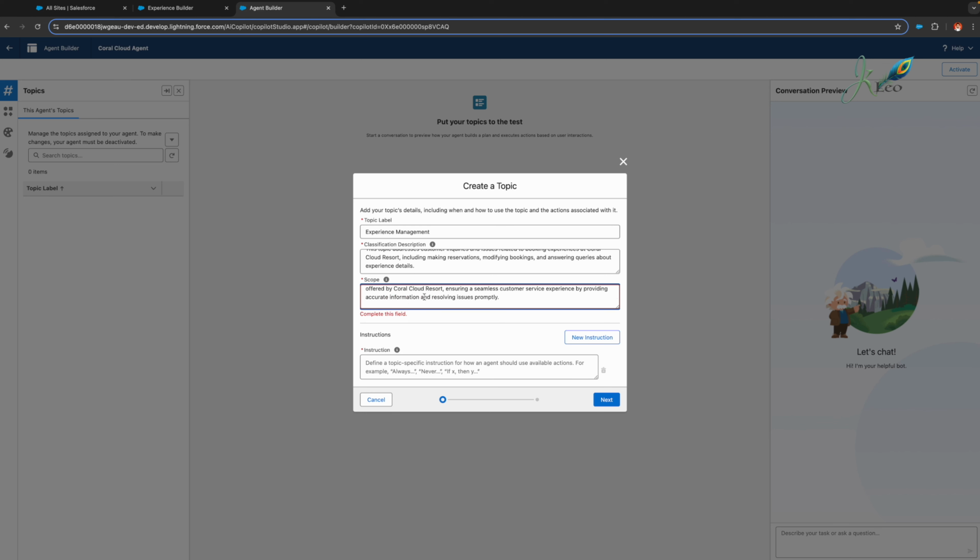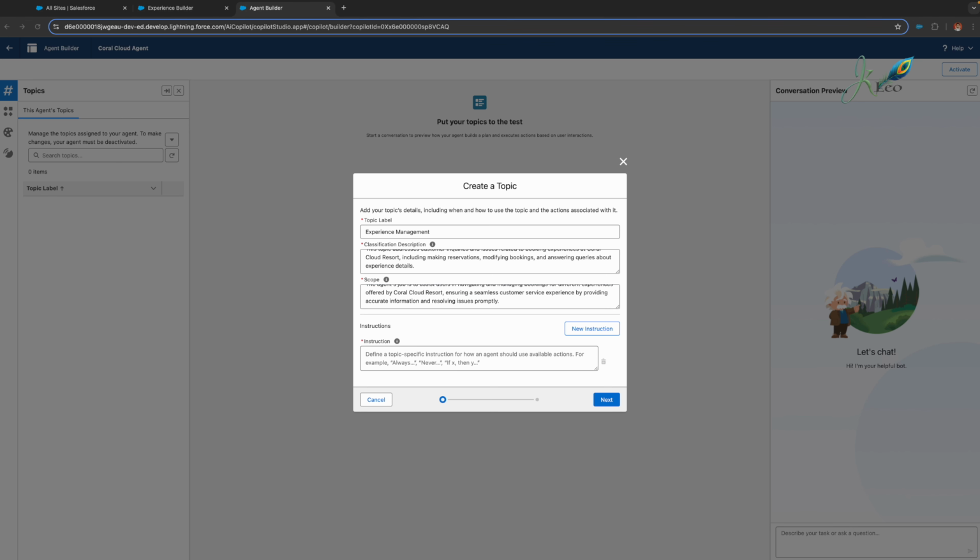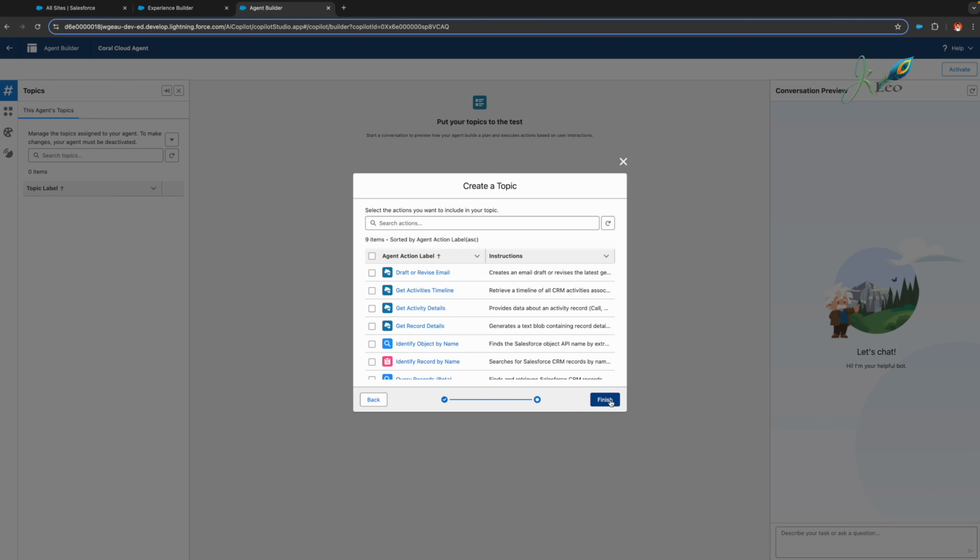And in the scope, the agent's job is to assist users in navigating and managing bookings for different experiences offered by Coral Cloud Resort, ensuring a seamless customer service experience by providing accurate information and resolving issues promptly. In the instructions, if a customer would like to know more information on an experience, you should search for the related experience underscore underscore c record and let them know more. So note,